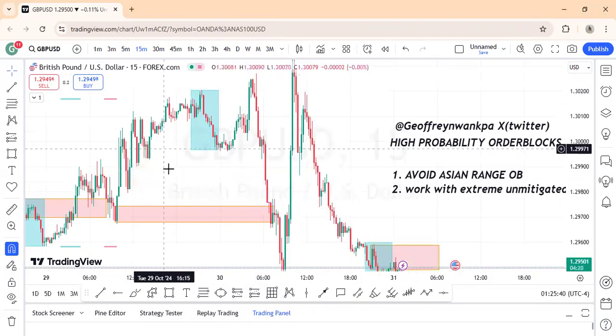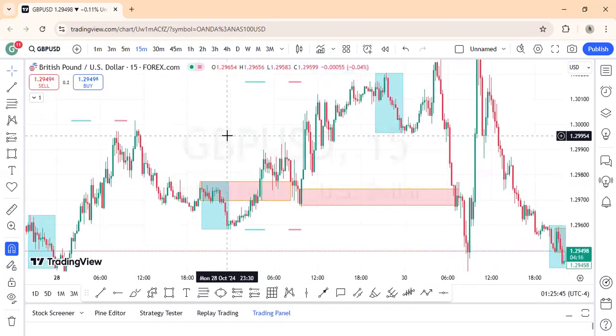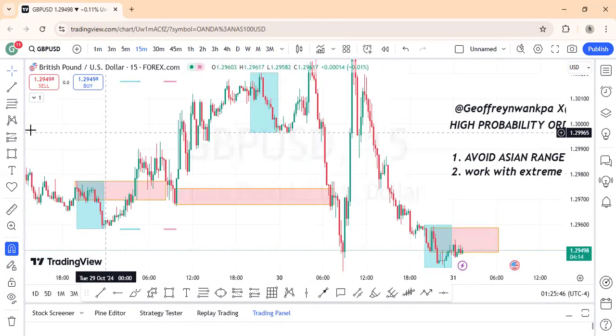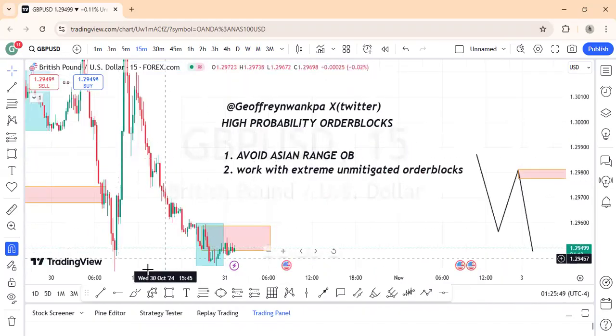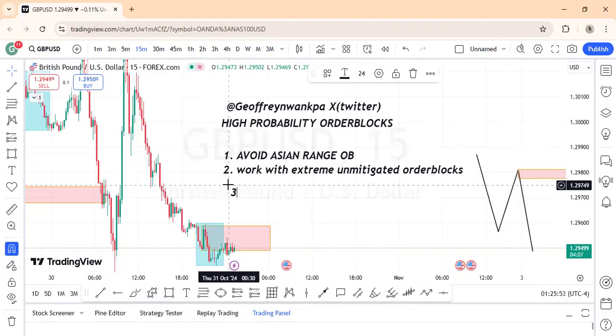So work with extreme order blocks. The ones that are in extreme regions, like extreme, right? Those ones are in extreme regions. They are more likely to pan out, right? Now, the third thing that you must play is that number 3, work with